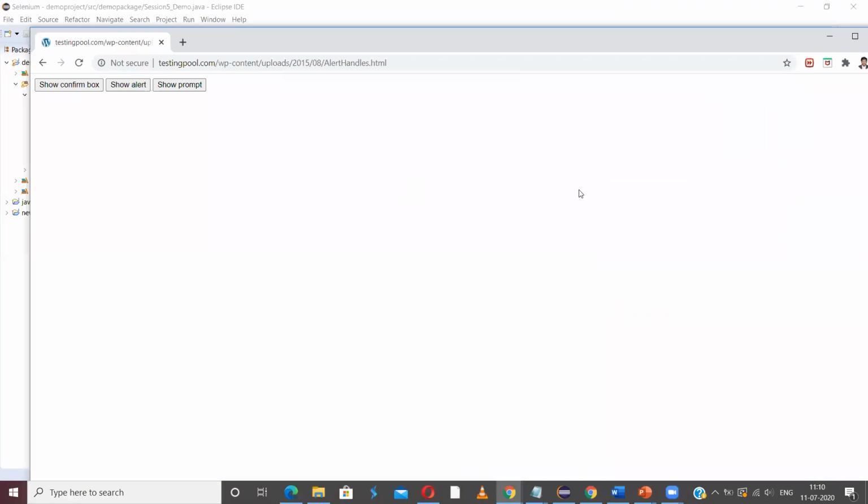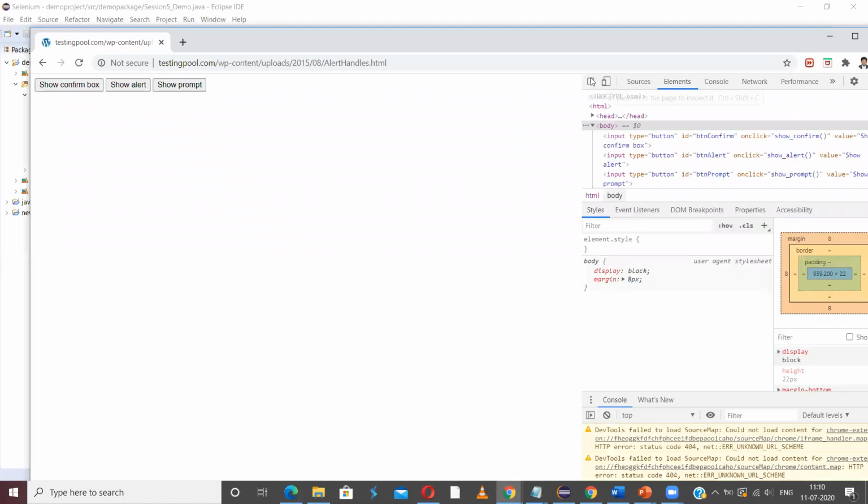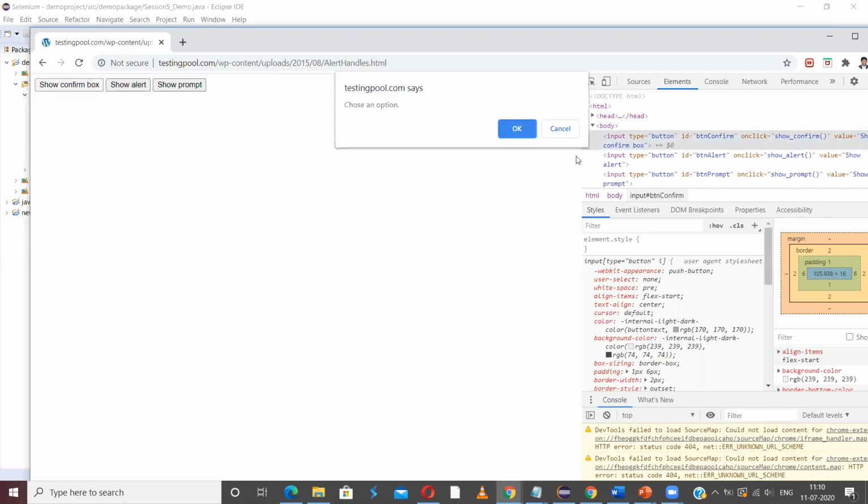Again the same. First we need to identify or locate the element. For that we need to know the value of one or more of the properties or attributes. This is also an input tag, which is of type button.